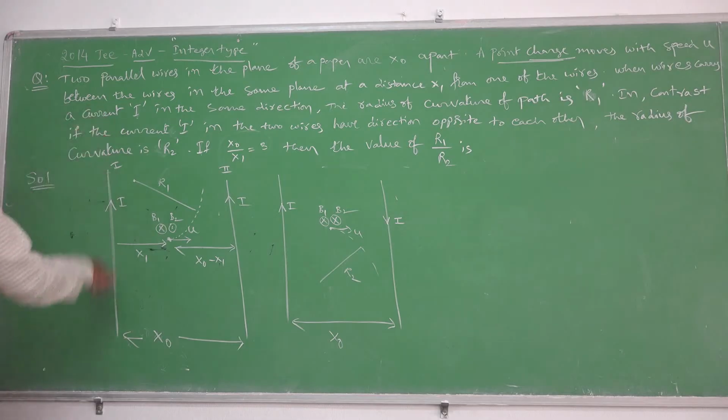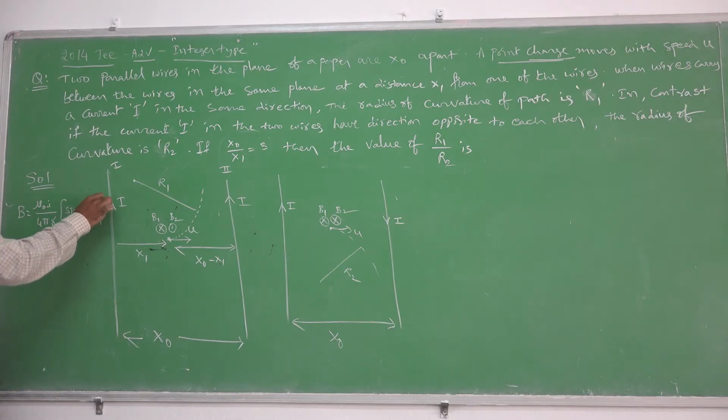You know that for an infinitely long conductor, the strength of the magnetic field at a point located at a distance r is given by B equals mu naught I by 4 pi r into sin alpha plus sin beta. Here alpha and beta tend to pi by 2 for infinitely long conductors. Hence the magnetic field is mu naught I by 2 pi r, because 1 plus 1 is 2. By knowing this formula, you can do the solution.